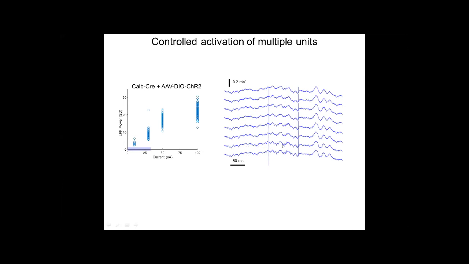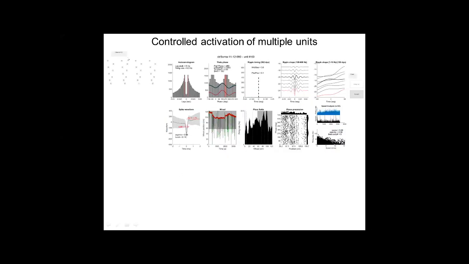These few cells that are activated during light, you also see some of them firing spontaneously when you are not applying the stimulation. And then you can use your favorite sorting program to evaluate which units were